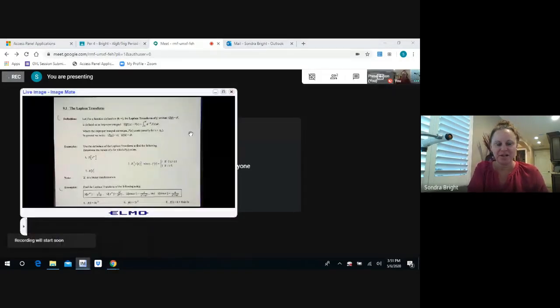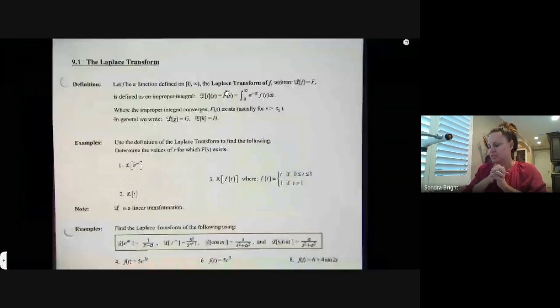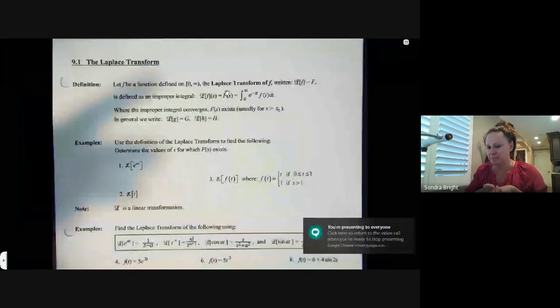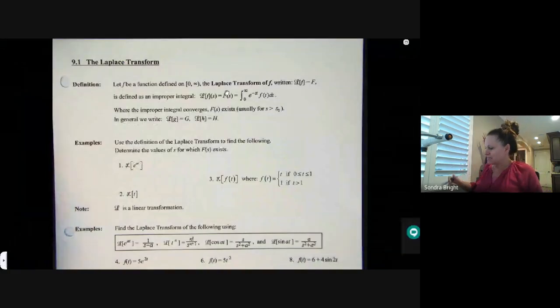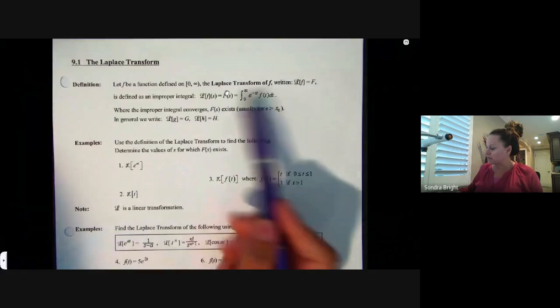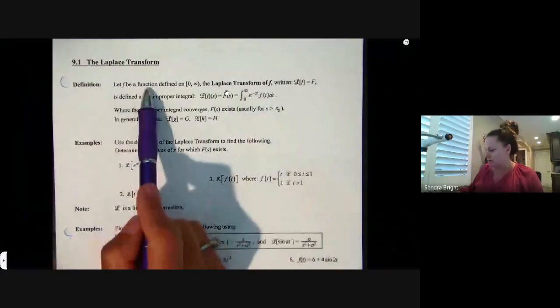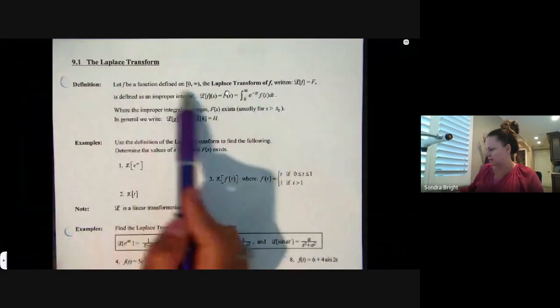All right. Last chapter. Chapter 9. We're going to start with the Laplace transform. So the definition of the Laplace transform. Let f be a function defined on all positive t, from 0 to infinity. The Laplace transform of f